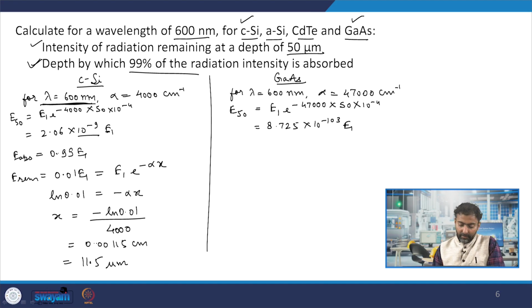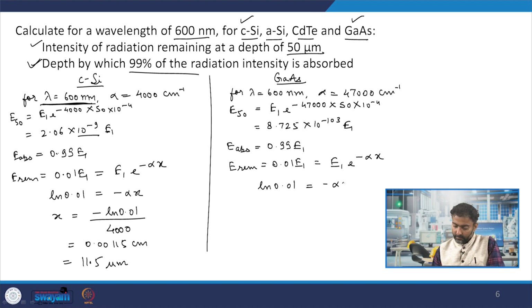The same thing let us do for gallium arsenide. For gallium arsenide also, if my E absorbed is 0.99 E1, then my E remaining will be 0.01 E1, and that will be equal to E1 e to the power minus alpha x. In the same way I can take natural log on both sides, ln 0.01 is equal to minus alpha x, and x will be equal to minus ln 0.01 divided by alpha, where alpha here is 47,000, and you will see this comes out to be only